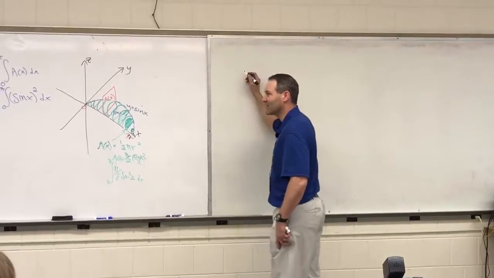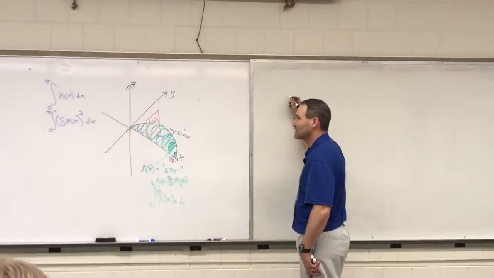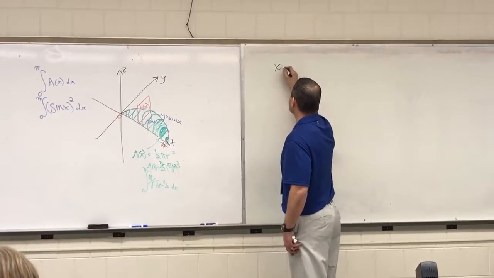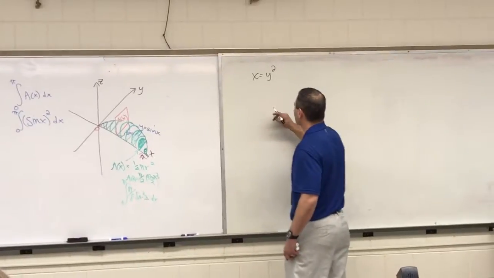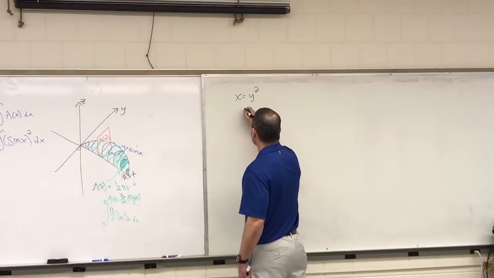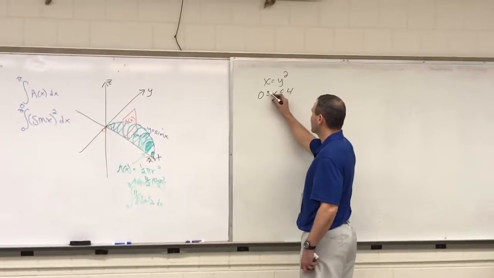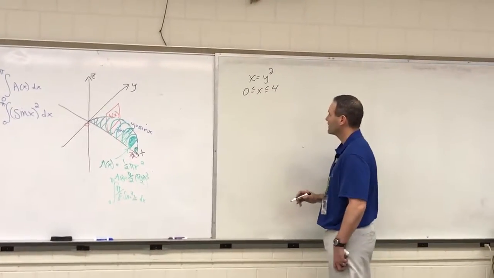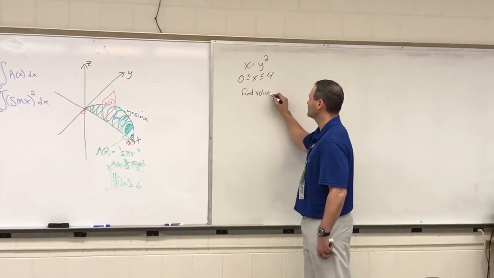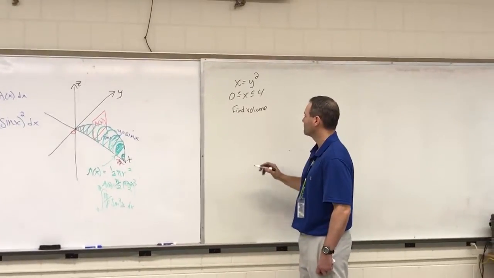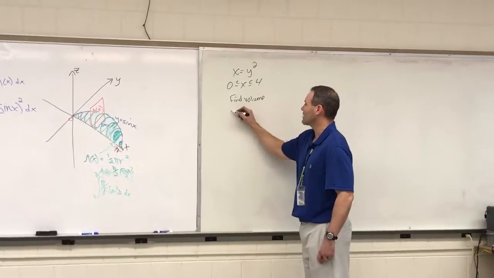Now I've got to think of an example. Triangle. Area of x equals y squared. Let's just do x between 0 and 4. Find the volume. It's a sideways parabola, right? Whose cross sections